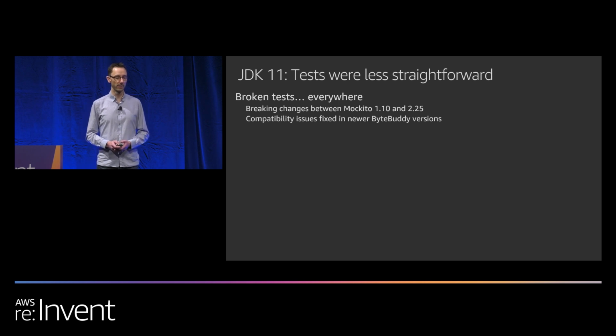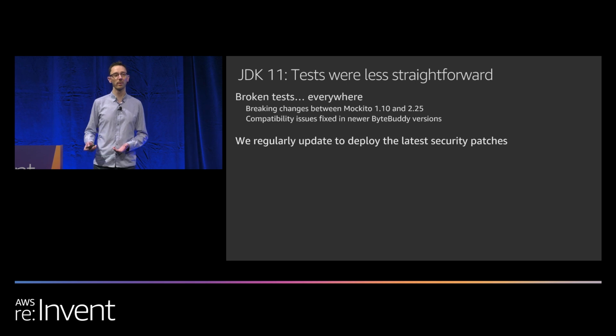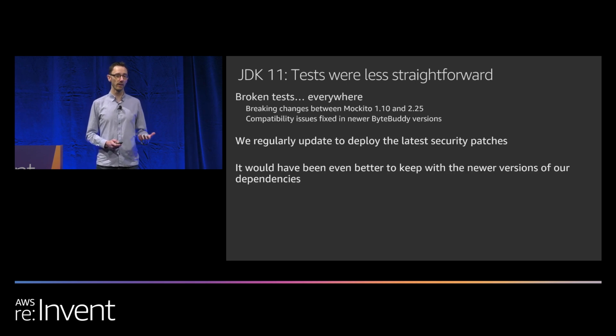And this became an exercise in working out what was going wrong there. So we always keep up to date with our security patches, but one thing we really learned here is that if we'd kept up to date with our major versions of even our basic test dependencies, we would have had an easier time here. We have a really test-heavy code base, and so migrating earlier would have meant we would